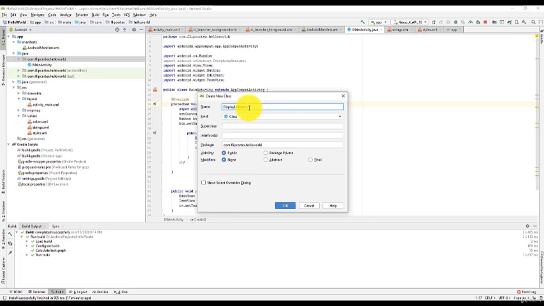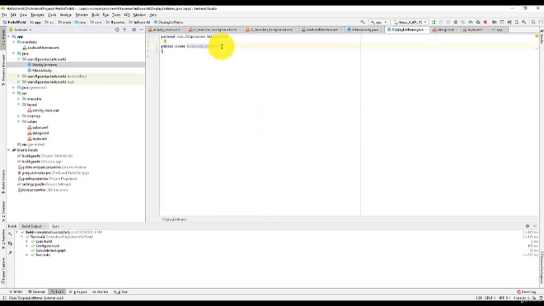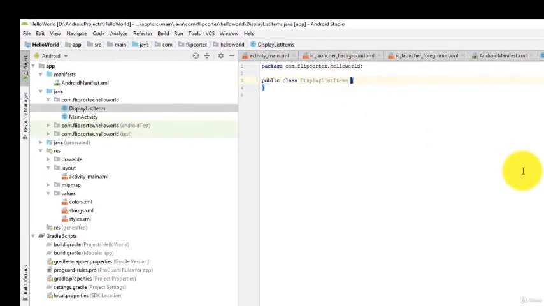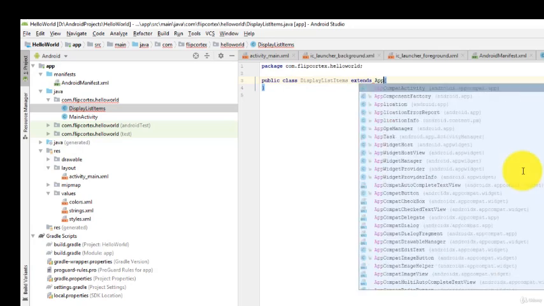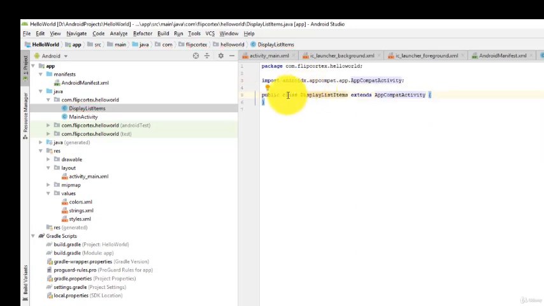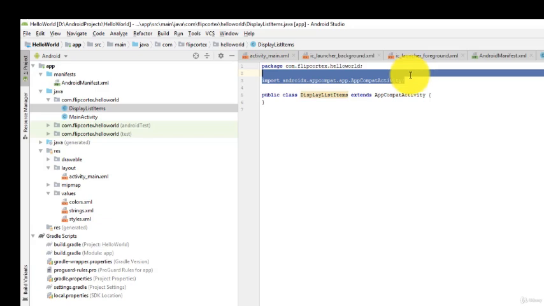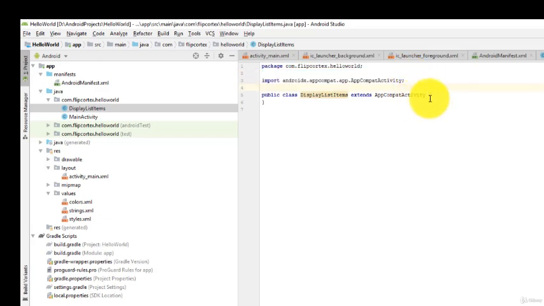Let's leave it as it is right now, and then we'll fix it in the class. Now it's going to be an app compat activity, so we're going to tell it to extend app compat activity, and it automatically imports the libraries and required methods. Use Alt-Enter where needed.